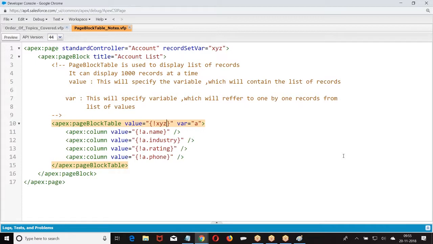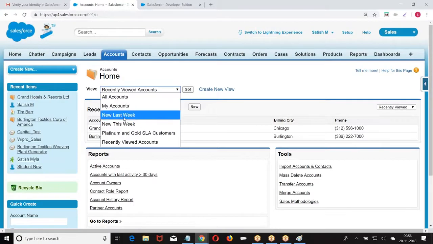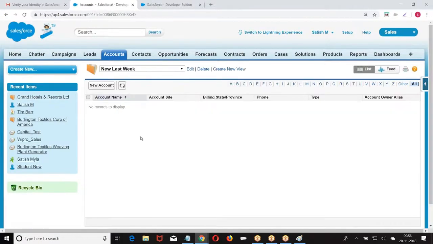Record set where equal to XYZ doesn't mean this XYZ is a filter. XYZ is a variable which is taking the data based on the filter you selected in the object. XYZ is not the filter. What is this XYZ? It is a variable which is storing the data. Which data is it storing? On the object, whichever filter you have selected, based on this filter, you are going to get some records.